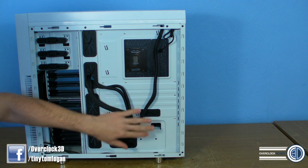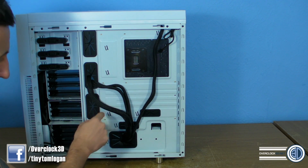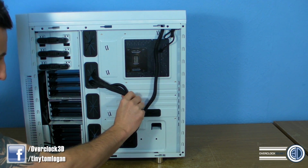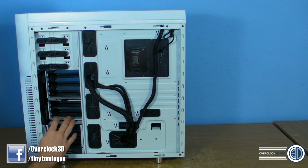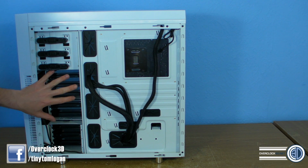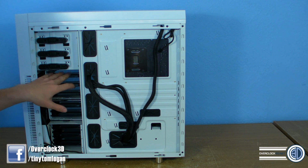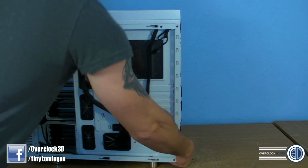Now, cable grommets, or rather room around the back, you can see that we've got a nice CPU cutout area. There's a 1, 2, 3, 4, 5, 6, 7 zip tie clip, so that if you wanted to, you can zip tie and pull all your cables in nice and tight and everything. So that's all quite nice. Also round here you can see the hard drive bays. You access them from the other side. But the bit that I really wanted to point out is you've got a fair amount of room back here for your hard drive cables, should you want to fill these up with, you know, hard drives. What else would you want to fill them up with? But anyway, there's a fair amount of room back here for cables, which is also quite a nice touch. So if I spin the old case round,